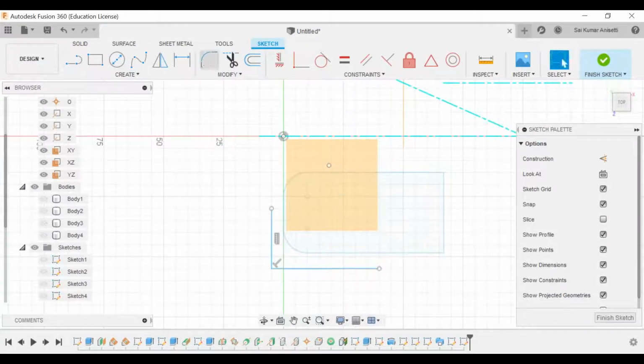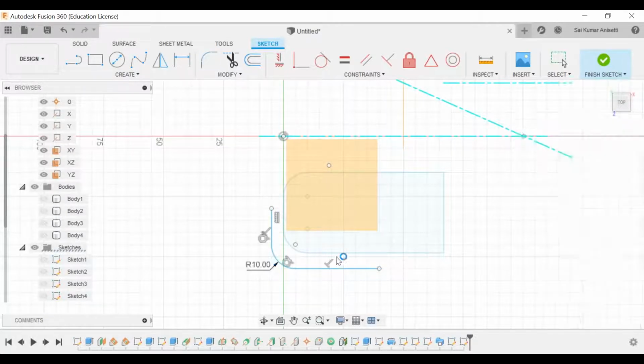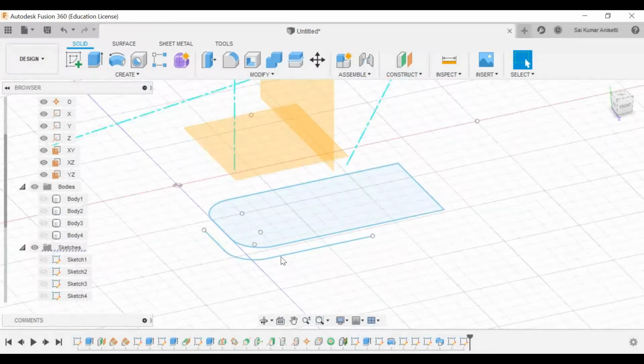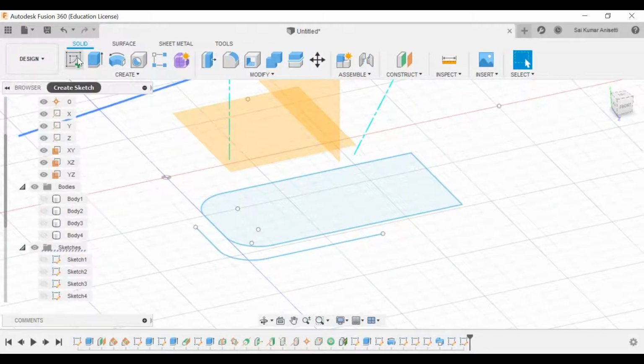Take this fillet, first, second. I'm giving a random value to it. Finish my sketch. To this profile, see, this is the path I'm drawing.